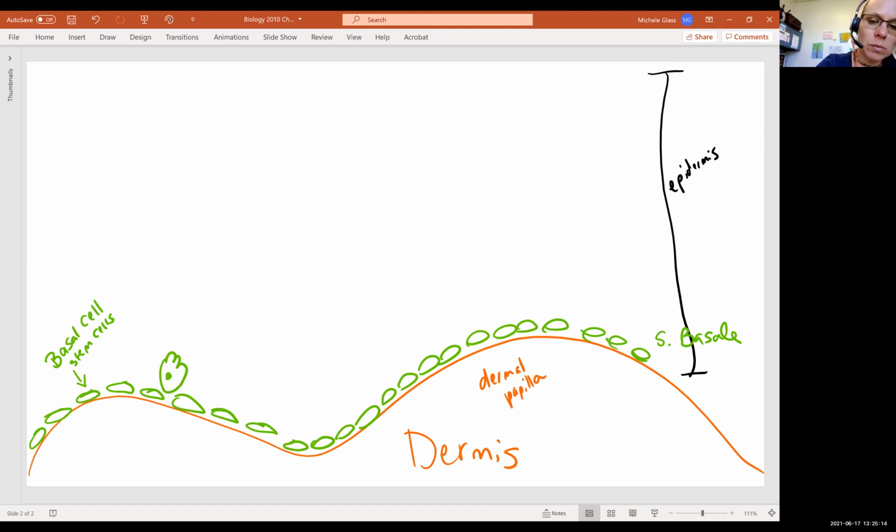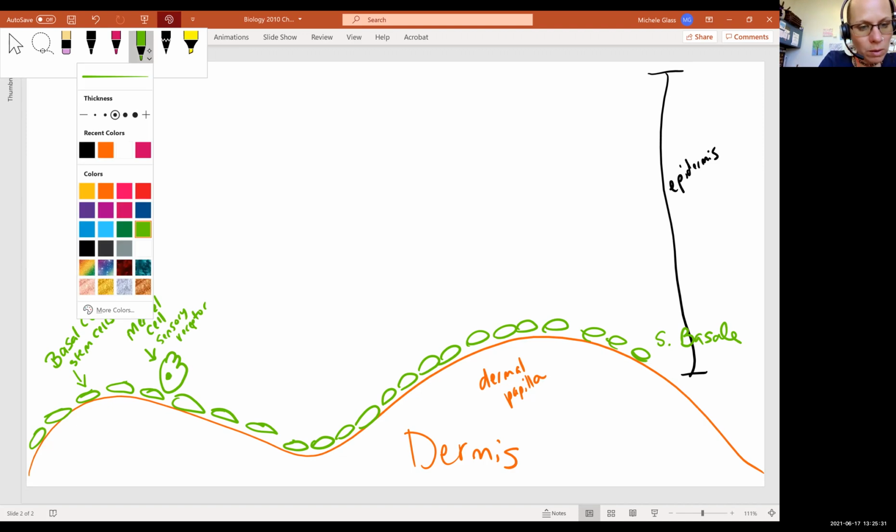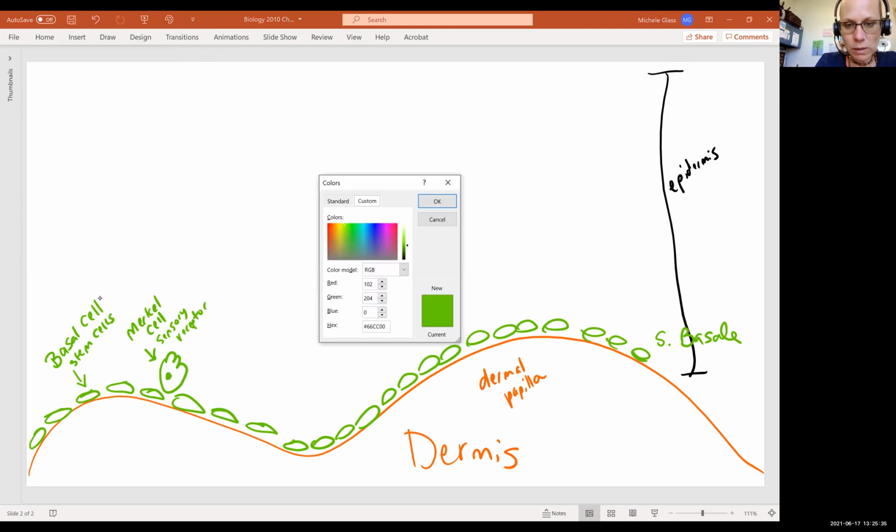We're going to see another type of cell embedded in this layer called a Merkel cell. And the Merkel cell is going to be a sensory receptor cell. And then the third important type of cell we're going to see